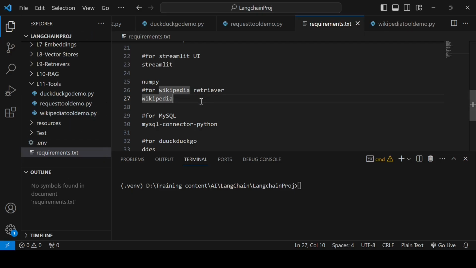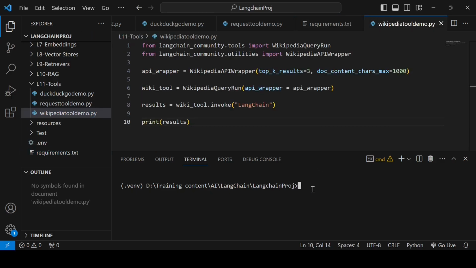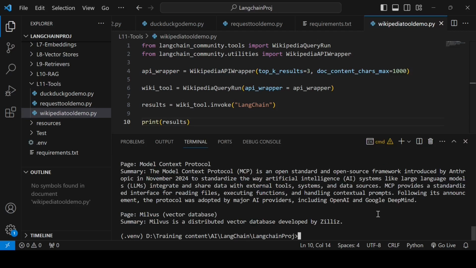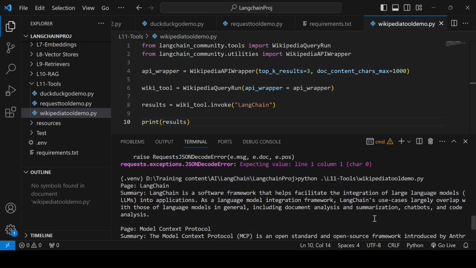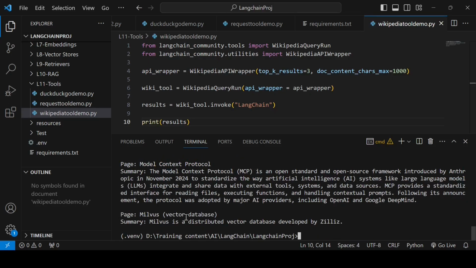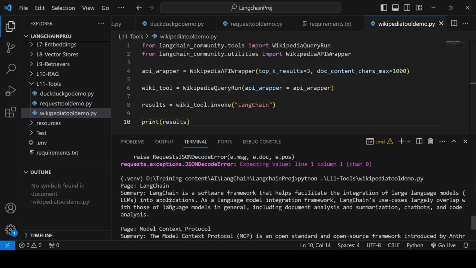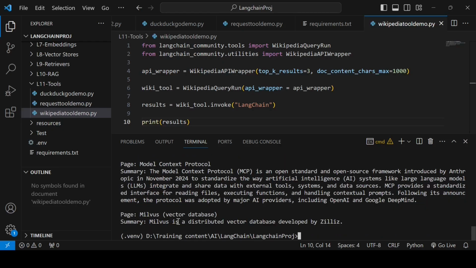If you don't have it, you need to install it, then only you can run it. To run it, I'll call it within that wiki tool. So it gives me 3 pages, LangChain, then another one, and another one.